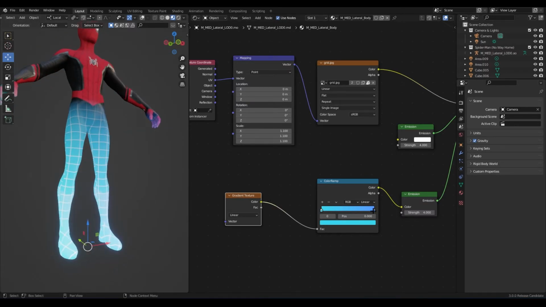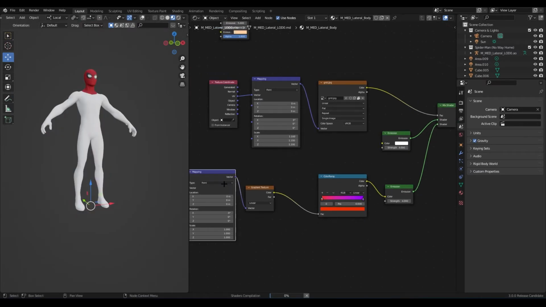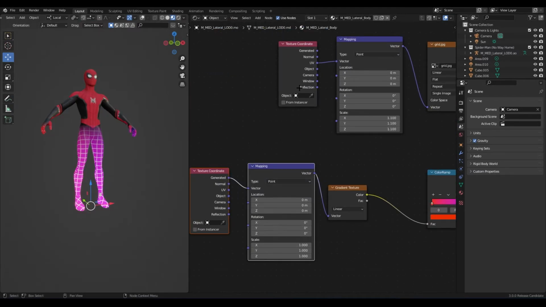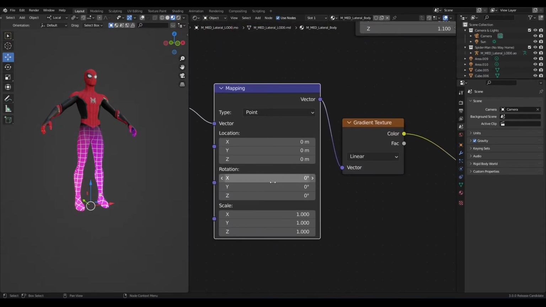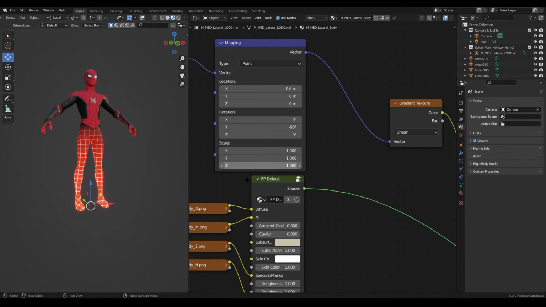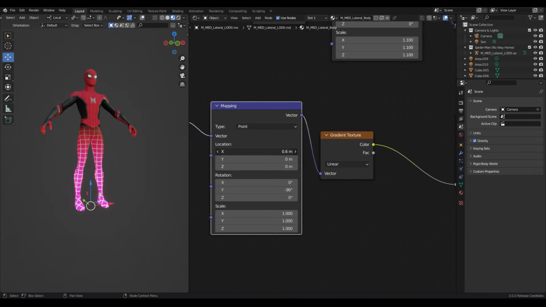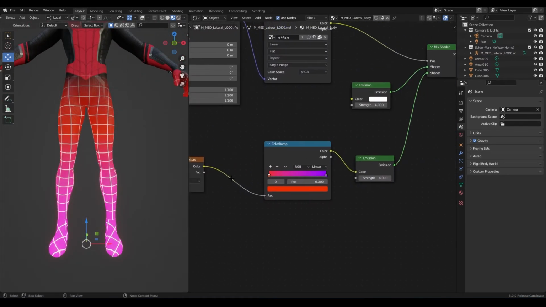So it's hard to see, but there is a gradient. Like if I just change the color, you can see that the gradient isn't really working. So we need to Control T. I think it's the same. It's going to be the same rotation here. So let's do -90, -90, and then I think, what was it? It was the X location. So let's drag it up a bit. There you go. You see that gradient?